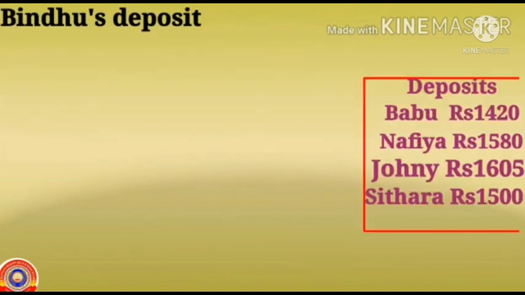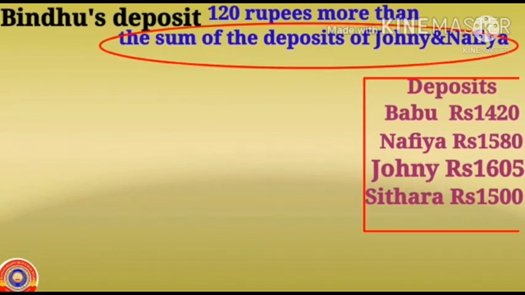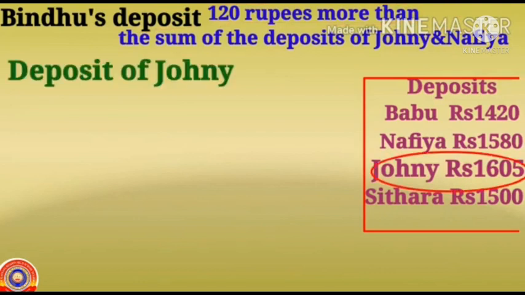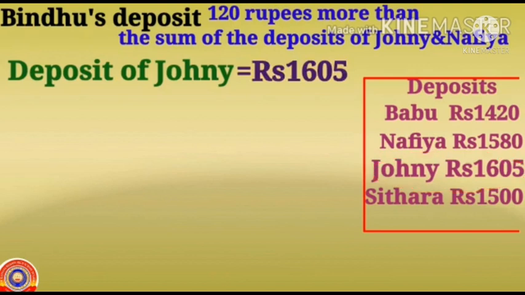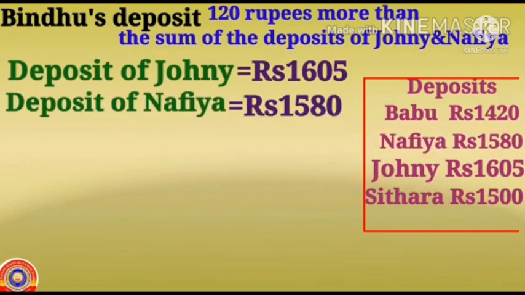Next, we have to find the deposit of Bindu. Bindu's deposit is 120 rupees more than the sum of the deposits of Johnny and Nafia. So, at first we have to find the total deposits of Johnny and Nafia. Then add 120 rupees with the sum. How much is the deposit of Johnny? Yes, 1605 rupees. How much is the deposit of Nafia? 1580 rupees. Total deposit equals